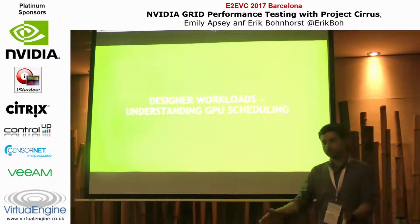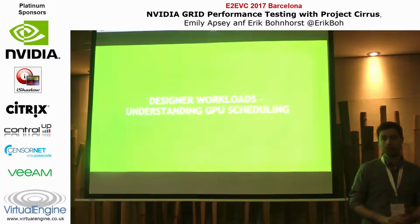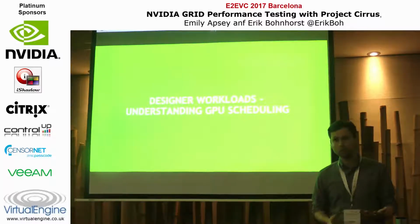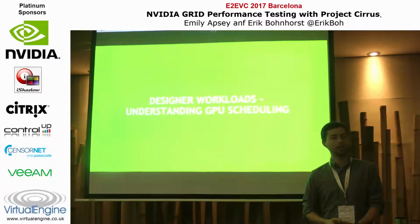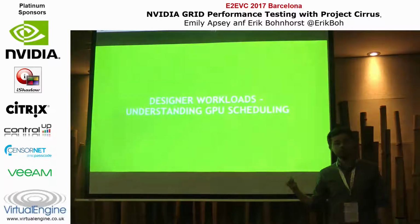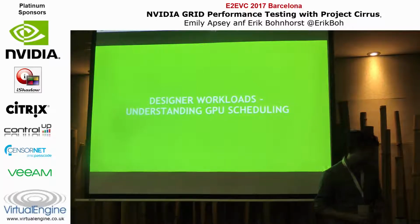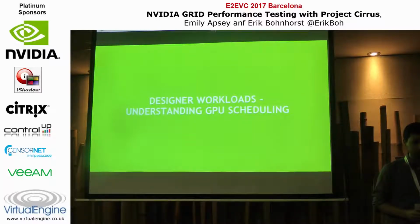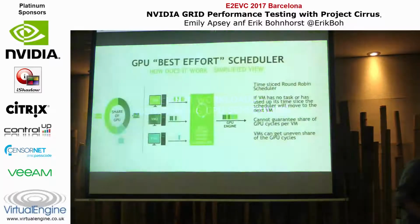They typically have a workstation. This workstation has 3.5 gigahertz or more, right? Because a lot of these applications are still single-threaded applications, and they can benefit much more from high frequency than they can from multiple cores. So in the designer workspace, we actually test with servers that have much higher frequency and a little bit fewer cores. But before I go into the benchmarking numbers that we have there,